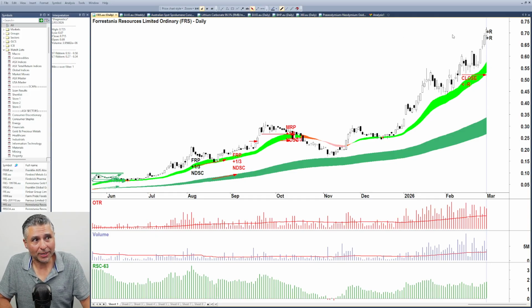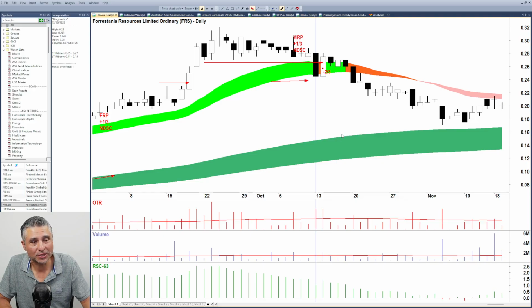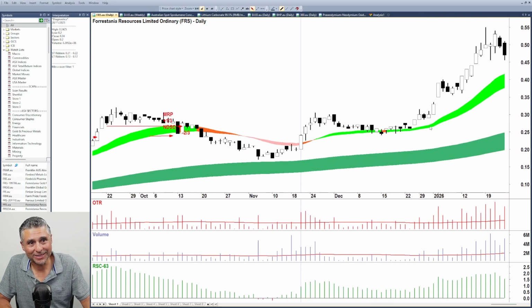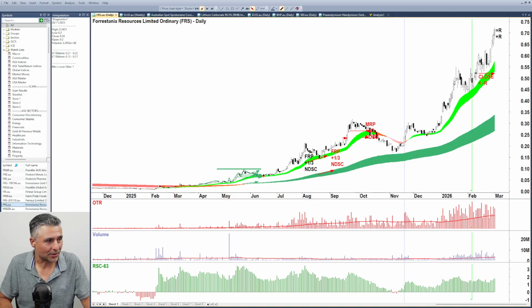Would I take profit here? Why would I take profit on that last candle? This is not a take profit candle. That's not even a take profit candle, and it's black. What is a take profit candle? That's getting warm, but it was never confirmed. That's starting to confirm that, but it's not that bad. Even that's not that bad. Like, there actually aren't any take profit candles in here. Like, where was the last clear take profit candle on FRS? Well, I can't even see it. Maybe there. And that's when we looked at it all the way back, where we said taking 2/3 off the table on that day. And then since the run started again, it actually hasn't given you any reason to minus R. And it's not giving me any tonight.